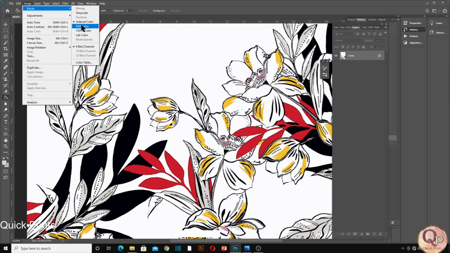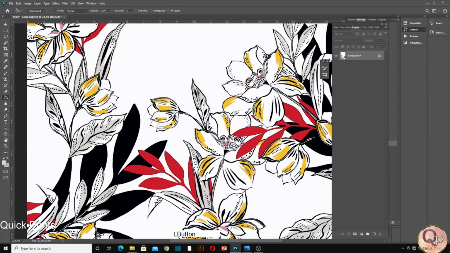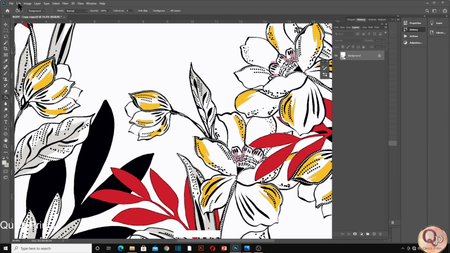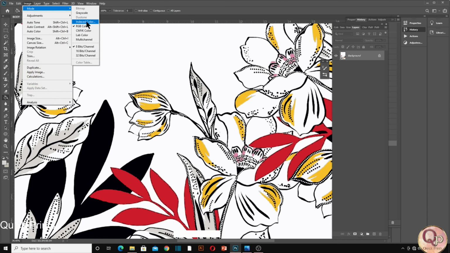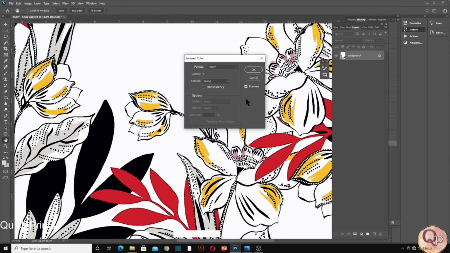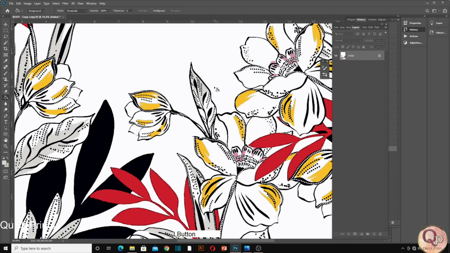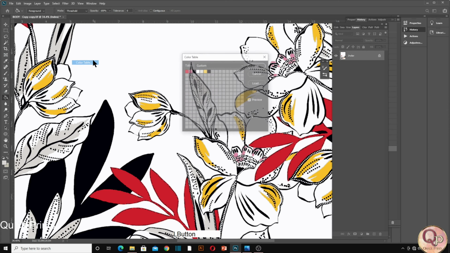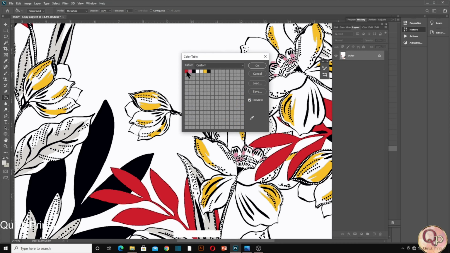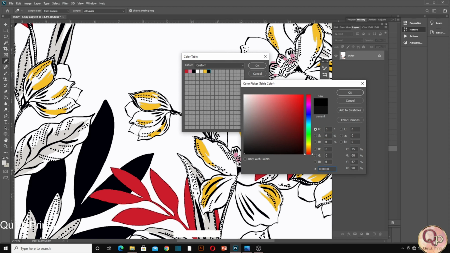Go in the Mode section, click on RGB. Now everything has converted into RGB. And let's do it again once. Index, how many colors we have reduced, right? So let's see, exactly 7. We calculated 6 colors, now we are on 7. So let me see which is the one color which is extra, like red, pink, black, black. There are 2 blacks. We have to convert this into one black, right?